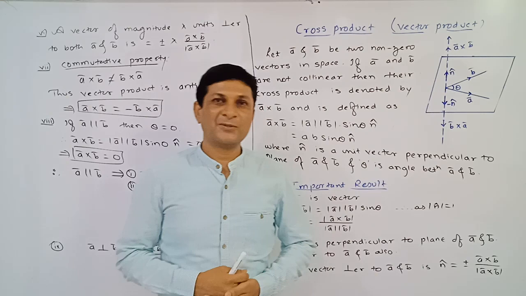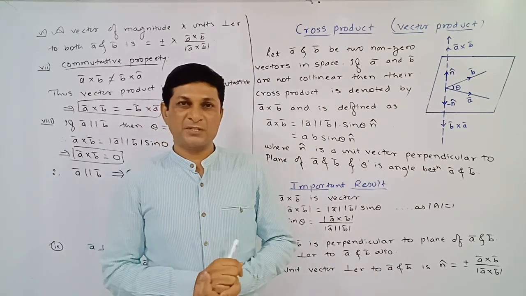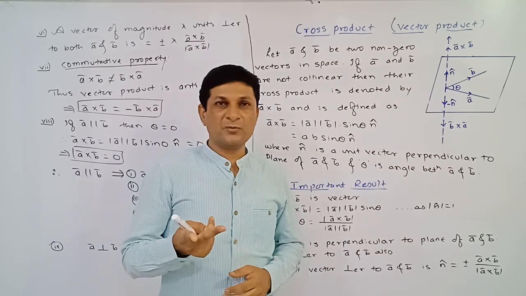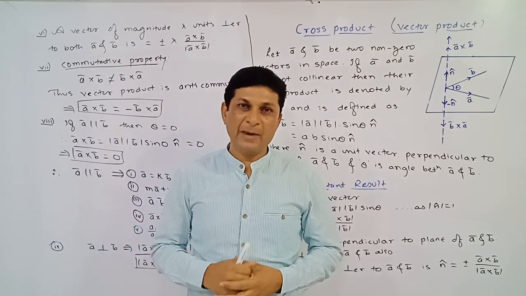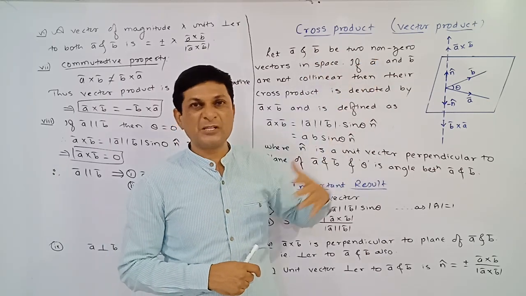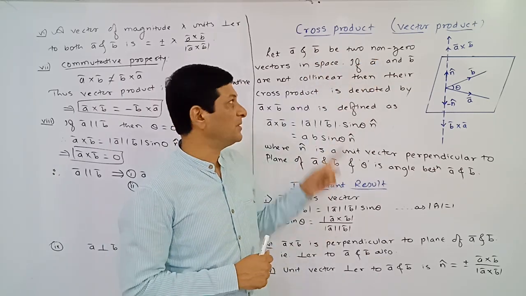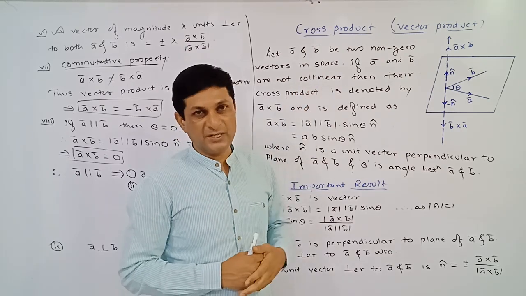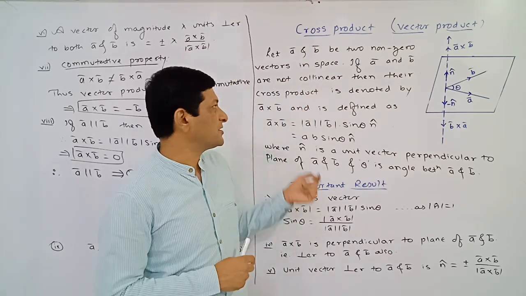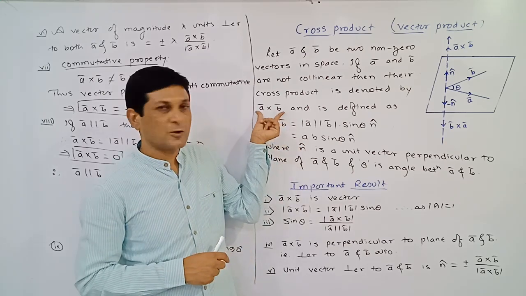Hello friends, today we are starting the next article from this chapter, that is cross product of two vectors. Now here we are considering two vectors a bar and b bar. A bar and b bar are non-zero vectors. Non-zero vector means their magnitudes are not equal to 0, and these two vectors are non-collinear. If the vectors are non-zero and non-collinear, then the cross product is denoted by this notation a bar cross b bar,